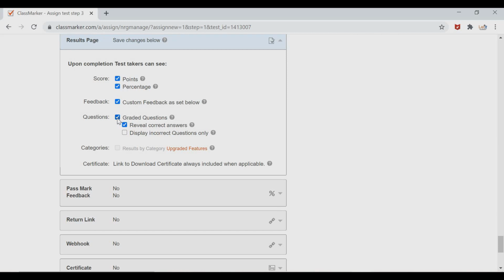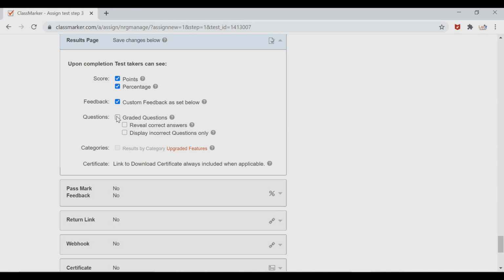So again they go back to the test and attempt it again and they will make everything completely right. So for that purpose, better you turn off this option. That means students will not be able to understand which question is wrong, which question is right, and they will not be able to see the answers of the questions also.